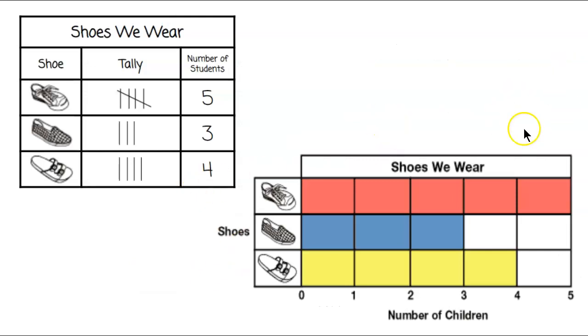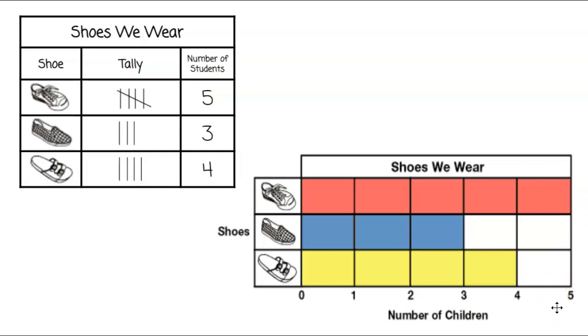Remember we talked about with picture graphs that sometimes the columns go up and down, and sometimes you read a graph going left to right or side to side. So the same thing is true about bar graphs. We did a bar graph here for shoes people wear. We have lace shoes, we have closed-toed shoes, and we have sandals. So I'm still going to look at my labels, and I'm going to go across all the way to the end of my bar and see that 5 people